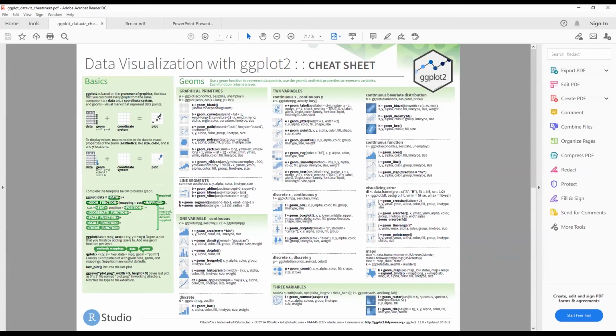If you look here, you can get a sense of what types of geoms there are. Here's some very simple ones. Here's some including just using one variable. Here's my geom point, right, for any points. Where's my bar?